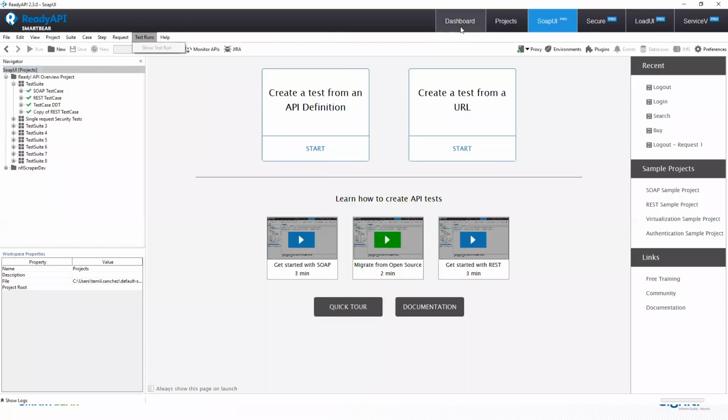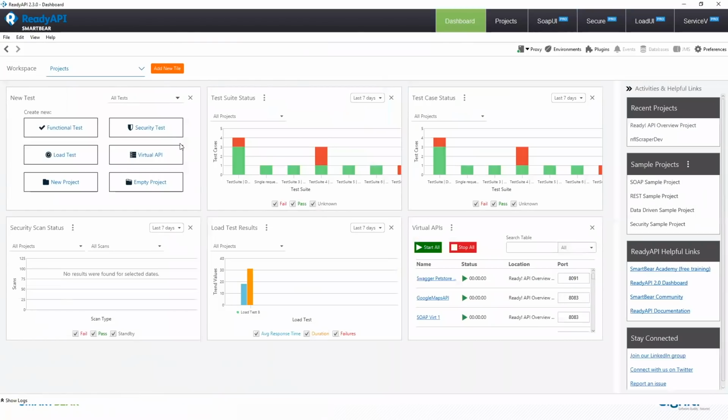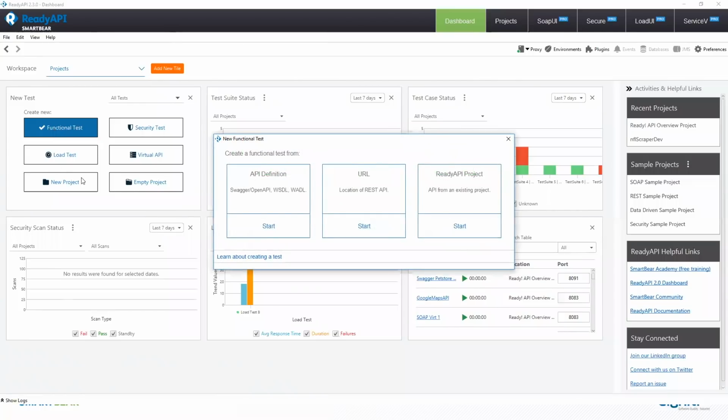I usually like to go back to the dashboard if I'm a brand new user. The dashboard will give you high-level stats of all the tests and everything that you built within SoapUI. But again, let's say that we're new users and need to get up and running really quickly. We have wizards here on the left-hand side that will do most of the work for you. So if you have an API definition, whether that's a WSDL, a Swagger definition, OpenAPI specification, a RAML file, all the common types of definitions in the industry,